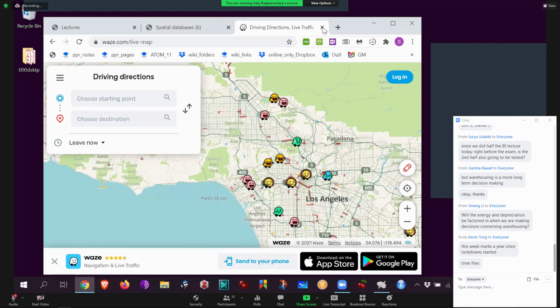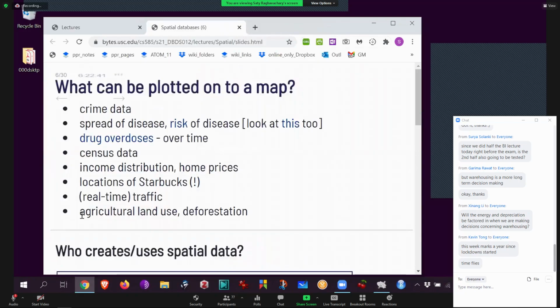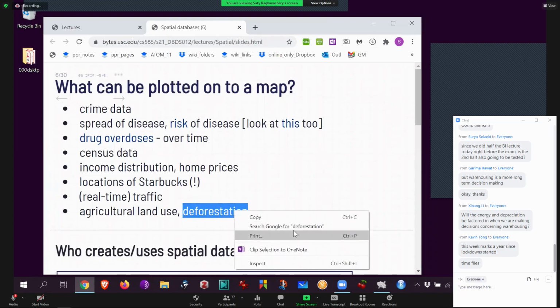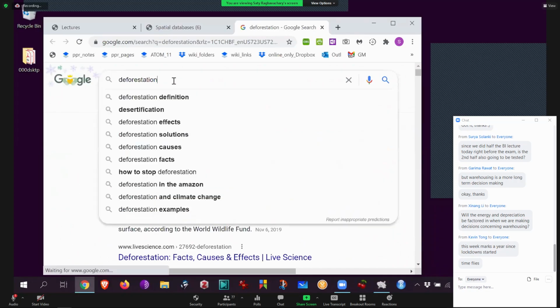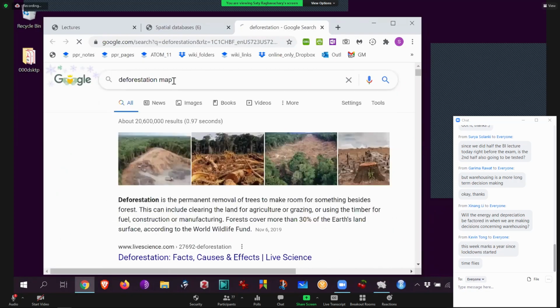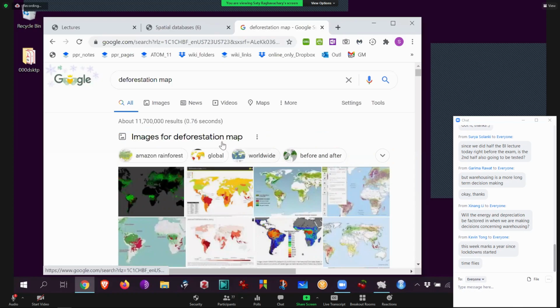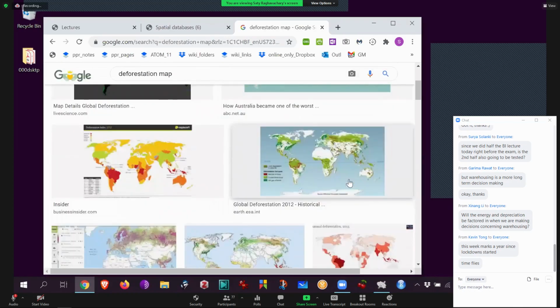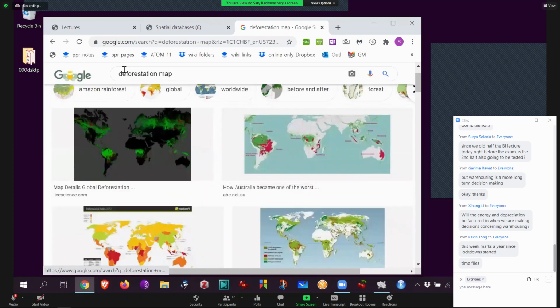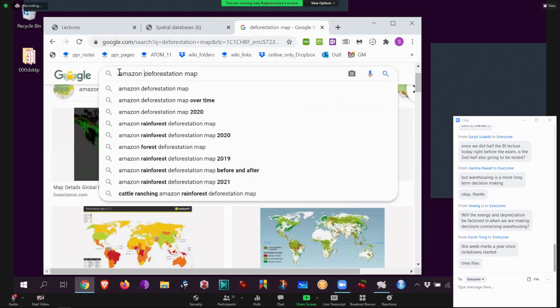Okay, so you should think of spatial data with all these cool things I'm telling you. I already showed you land use. What about deforestation, okay? So the Amazon rainforest in Brazil, it's pretty sad. You watch the deforestation map. It all used to be green, but now it's basically just burned, okay? Because people want land to grow other kinds of crops and so on. You can animate this over time, then you really see how bad it is.